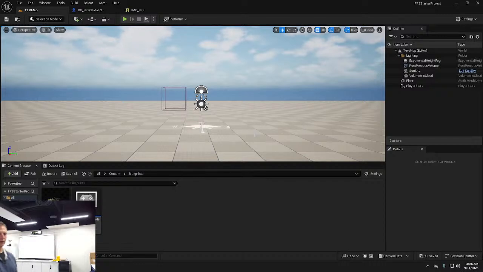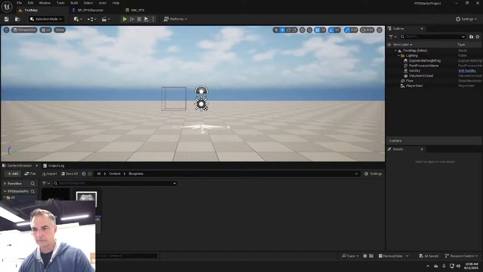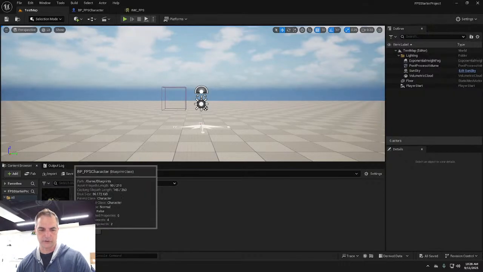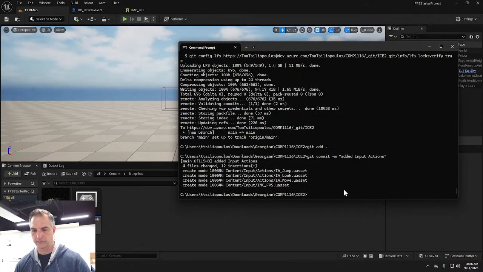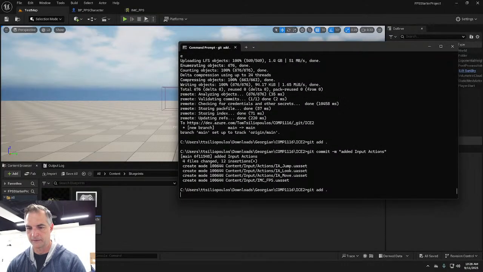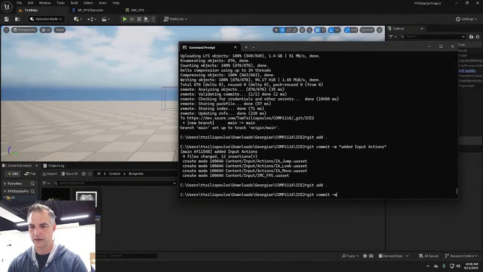You have access. All right. So now that we have that, let's continue. Let's put this up on DevOps. So we're going to say something like git add dot, git commit minus m, and we'll say added movement